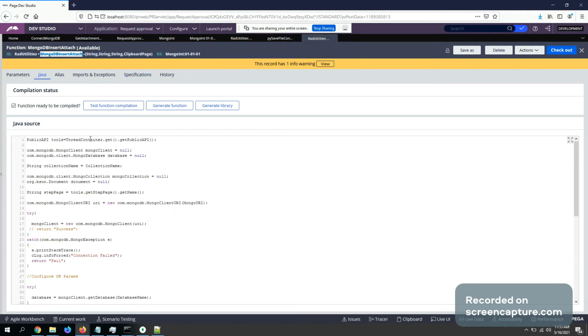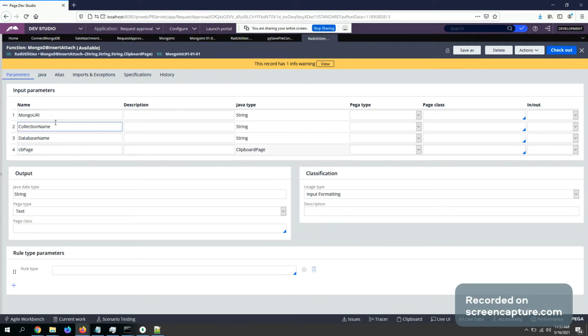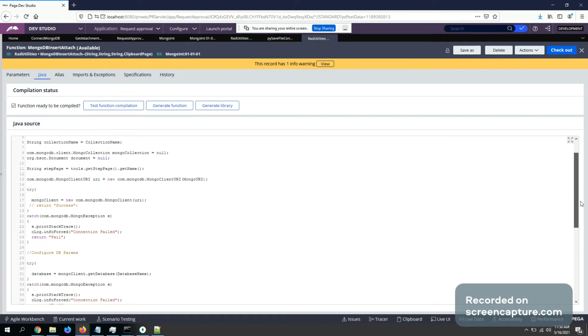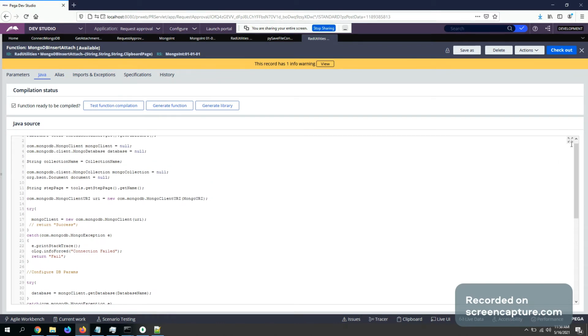For writing, MongoDB insert attach. The parameters include the same connection string, collection name and database name. Here I'm passing a clipboard page. Whatever exists on the page will be written to the MongoDB database as a record. So this is the code.